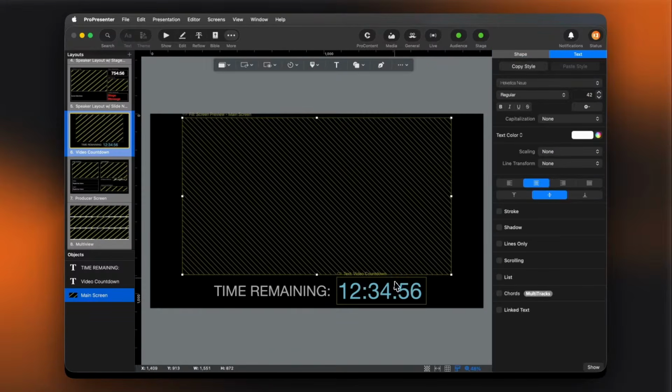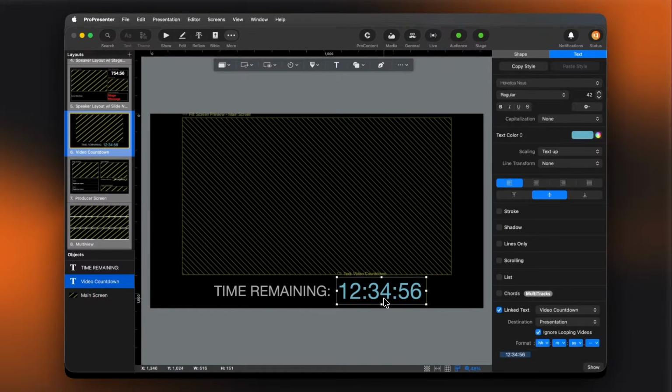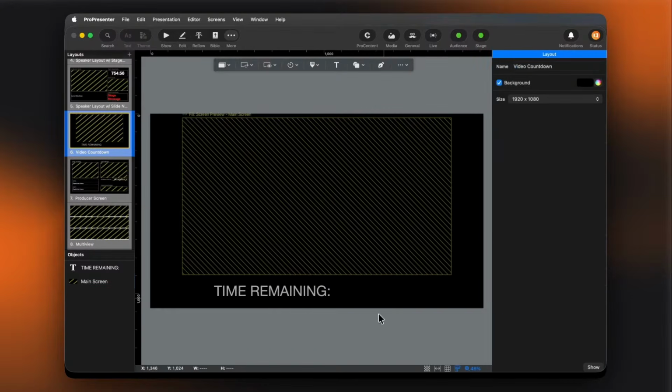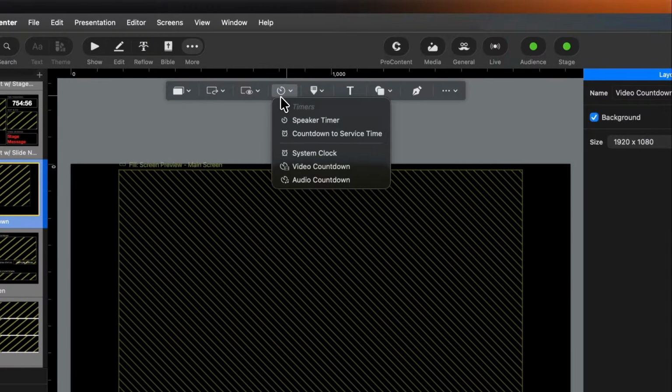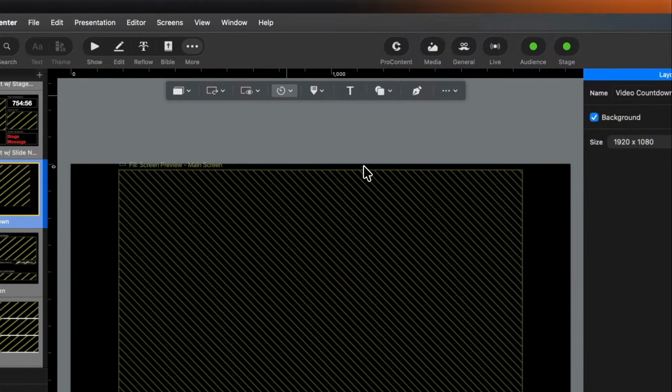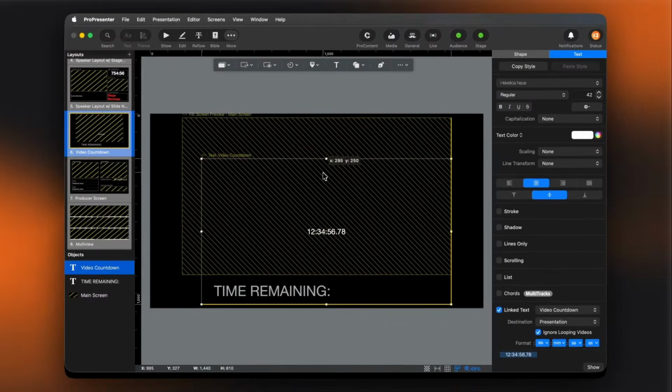Now, what is this at the bottom? I want to show how much time is remaining in that video. So I'm actually going to delete this option and build it from scratch again, just to show you what it looks like. Again, I'm going to come to this timer, this clock option, and here you can see video countdown. This will show a countdown of how much time is remaining in that video that might be playing on your audience screen. So I'm going to add this again,